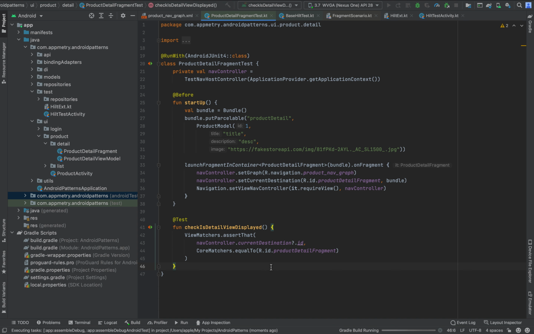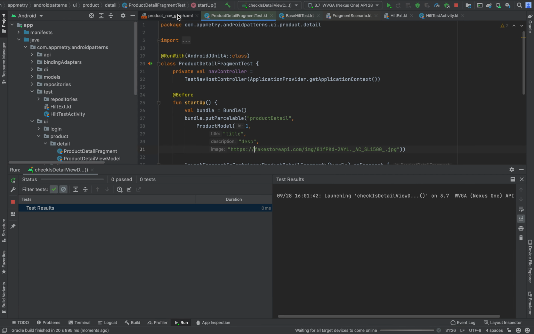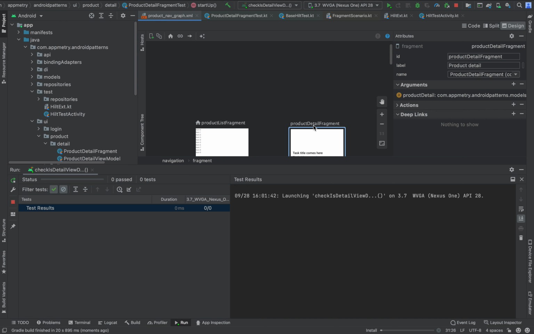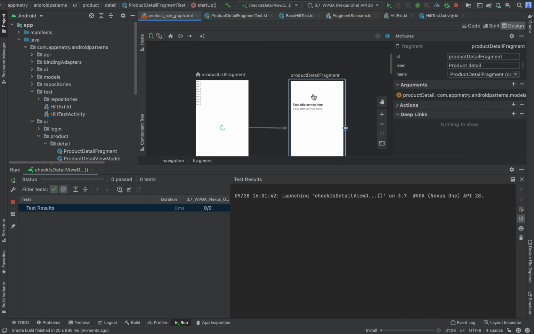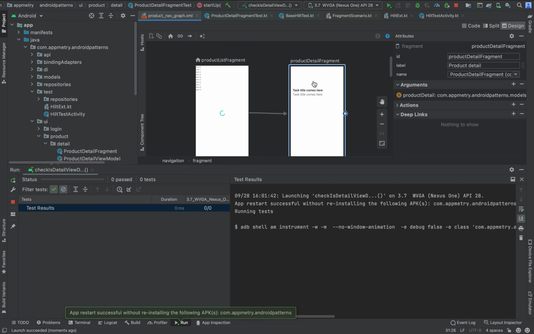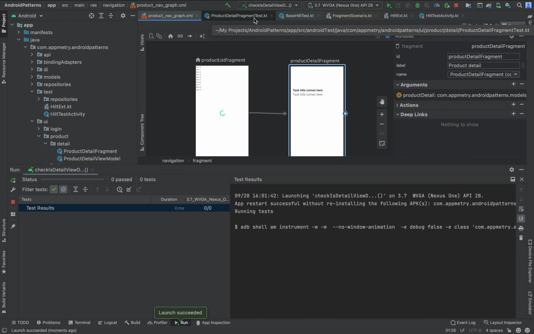Next, we also need to check that the data we passed in the bundle is displayed correctly in our view. We know the IDs of the image view, title and the description text. So we can compare the text displayed over there.